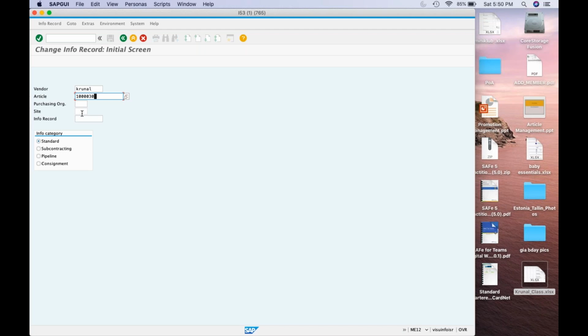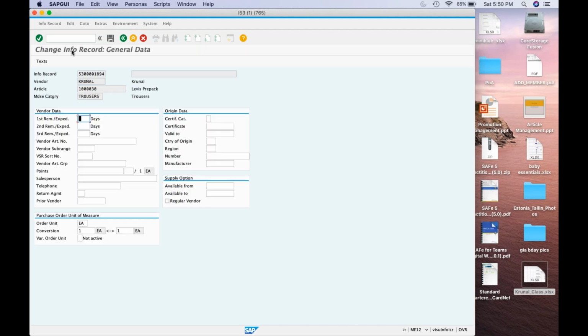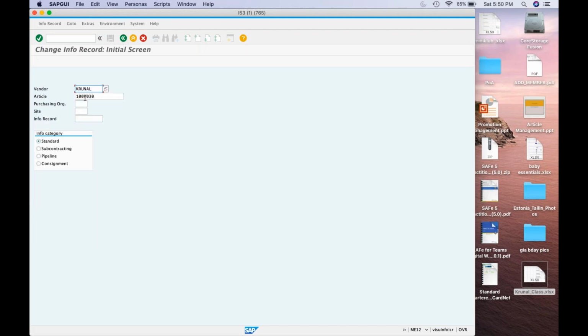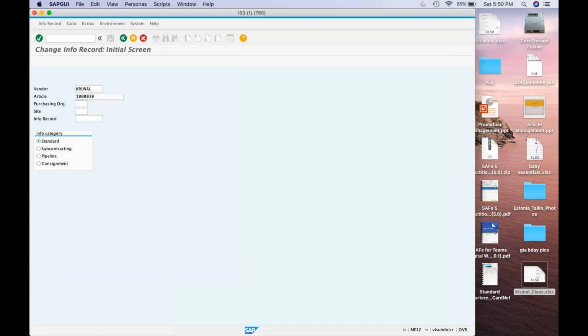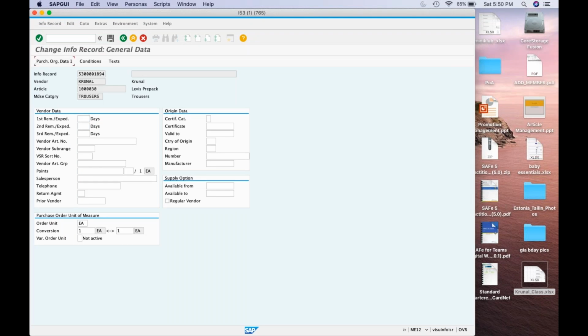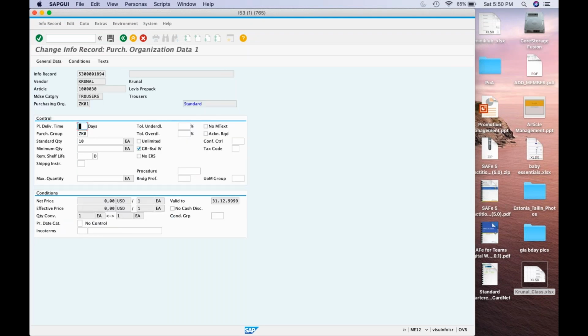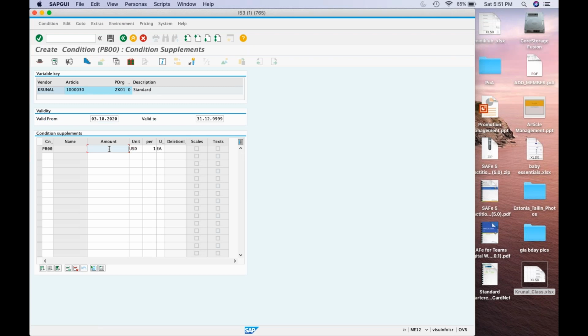yeah, ZK01. I don't know. It's not allowing me to enter the net price. Is this where we should enter, right? No. Now, if you want to enter the price, what you have to do is go to conditions. Now you can enter the price